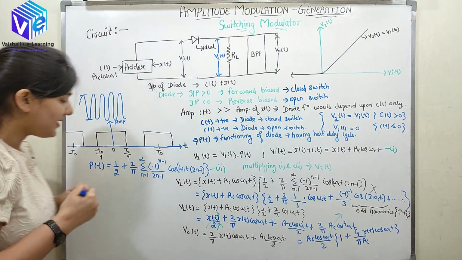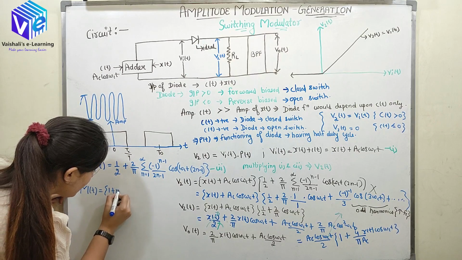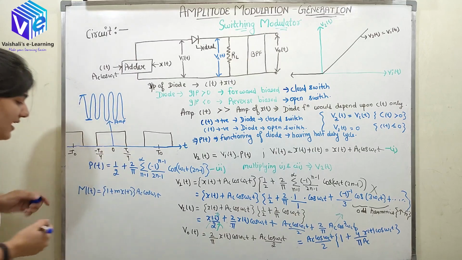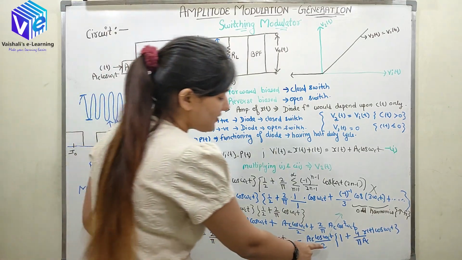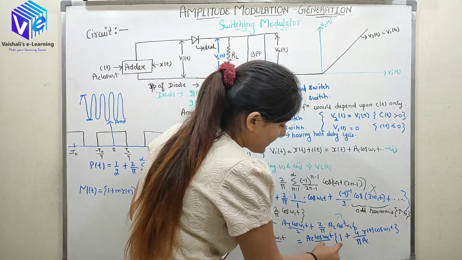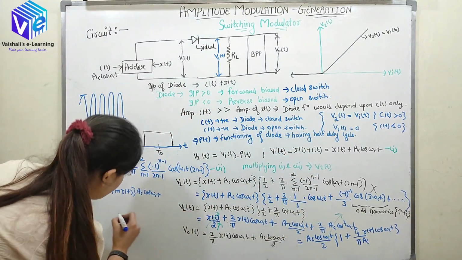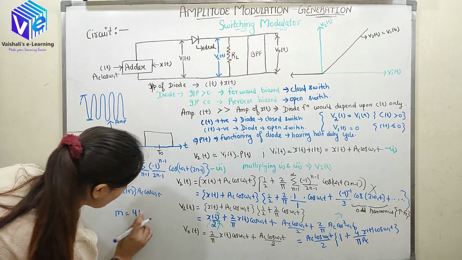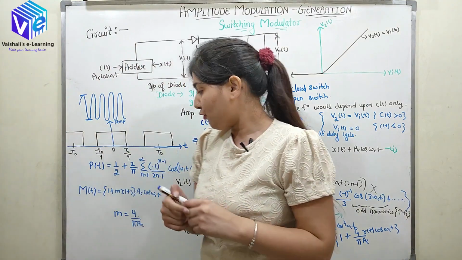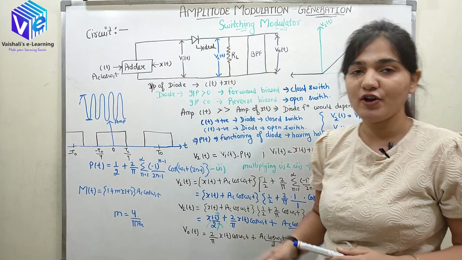So if I remember the standard modulation equation, so mt was 1 plus m of xt AC cos omega ct. So this is my standard amplitude modulation equation, and this is the output voltage equation. So AC cos omega ct upon 2. So if I normalize it, I will be having 1 plus m of xt. So now m is my 4 upon pi AC. So this is my modulation index. So I hope now you can see I can generate my amplitude modulation signal with the help of switching modulators.